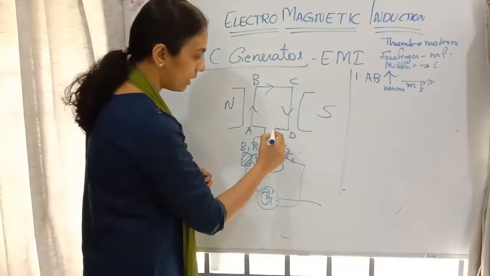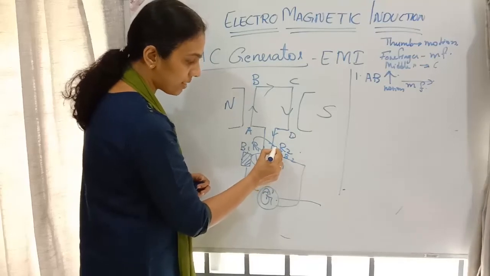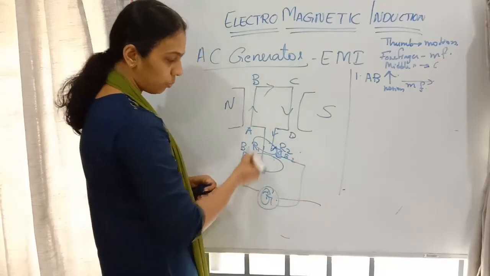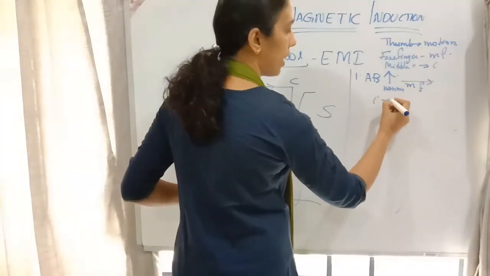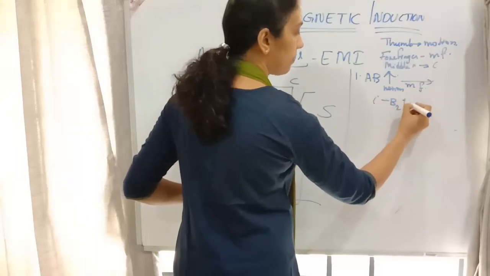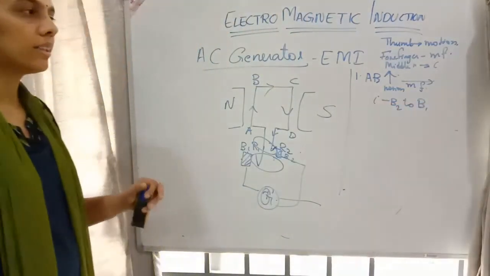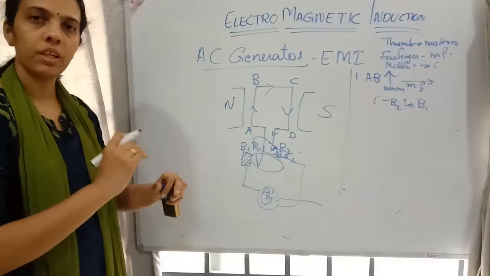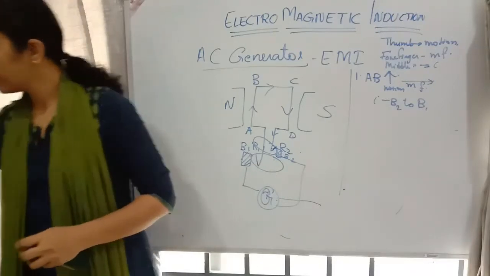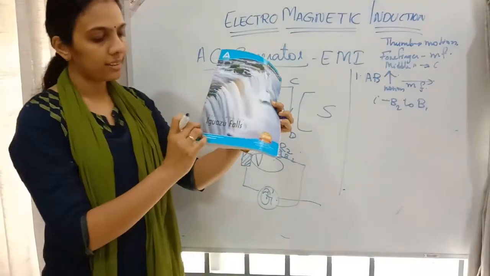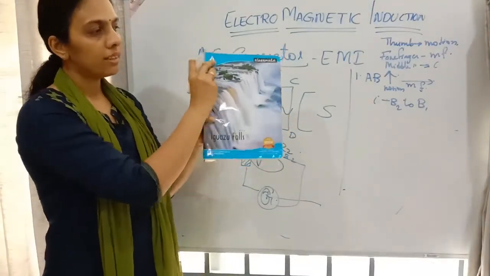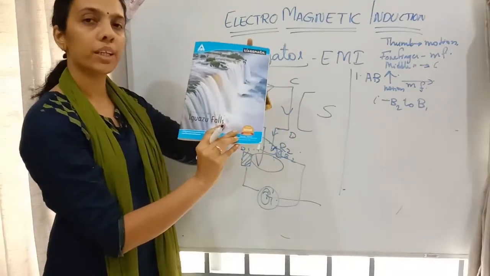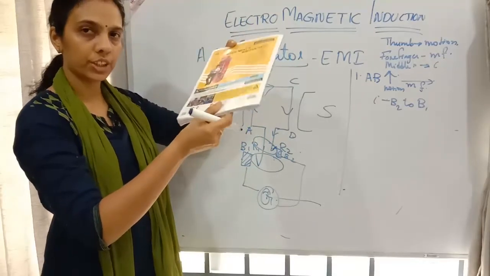A, B, C, D, and the end of D is connected with R2, and here it is moving from B2 to B1. So current will be from B2 to B1. Okay, current is moving from B2 to B1. Now AB's half rotation got over. Suppose here I am taking this book, and this side is A, B, this is C, D. AB I am moving in the upward direction, and its half rotation is over.